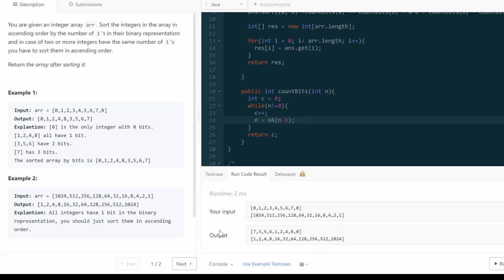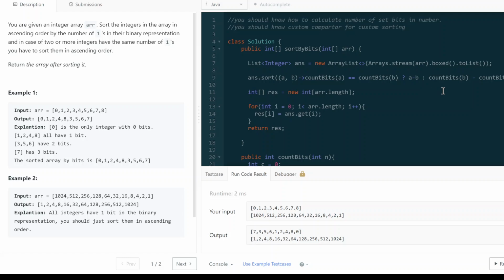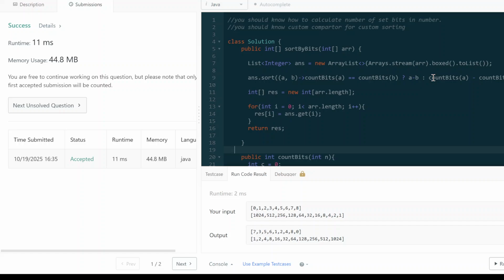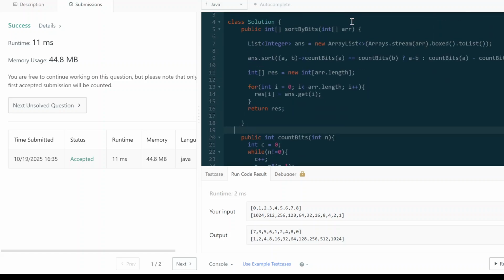I think it looks good. Oh, no. No, no, no. Missed here. Okay, let's submit it now. I think this is good. So we have to also make sure we are counting bits based on lower to higher, not higher to lower. And yeah, it worked. But I wanted to actually write the stream way to do it,